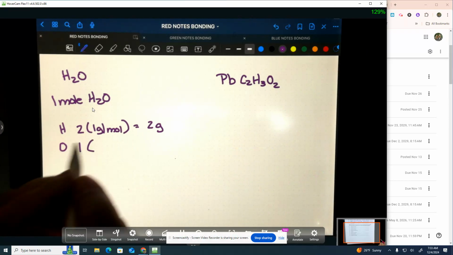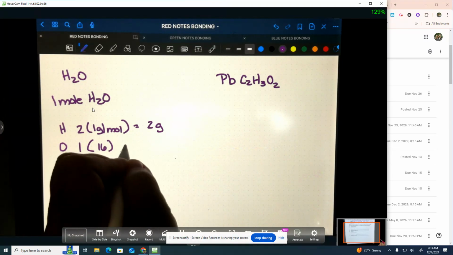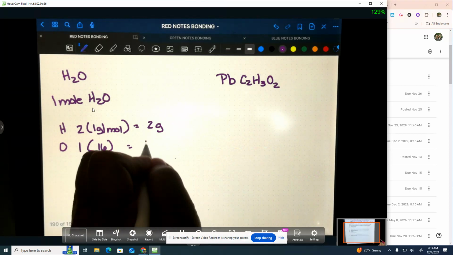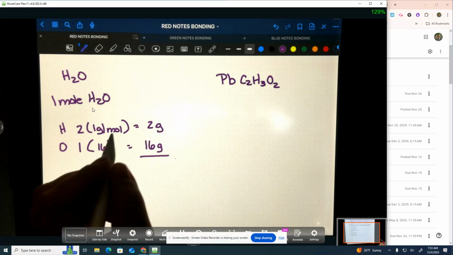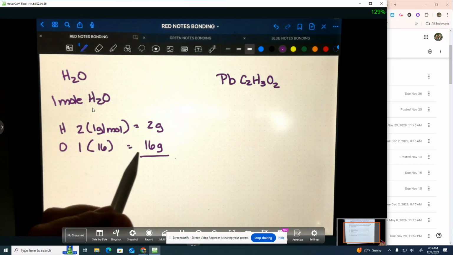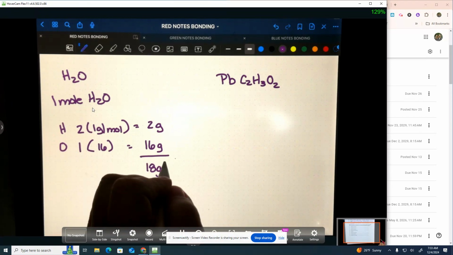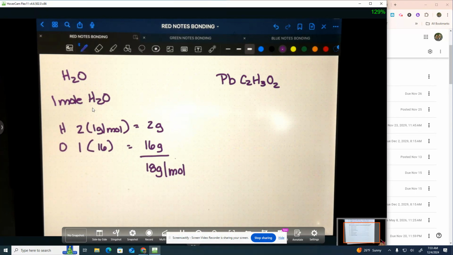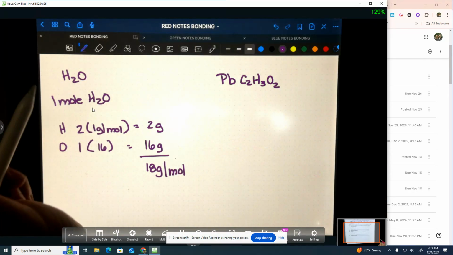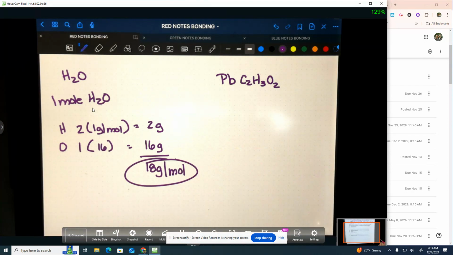And oxygen is going to weigh how much? 16. Yeah, let's round them to whole numbers. It makes our life a lot easier. And this weighs 16 grams. So if this weighs 2, 1 for each hydrogen, and 16, then the water weighs 18 grams per mole. Okay? So if I wanted to bring somebody 1 mole of water, I would measure out 18 grams, and that